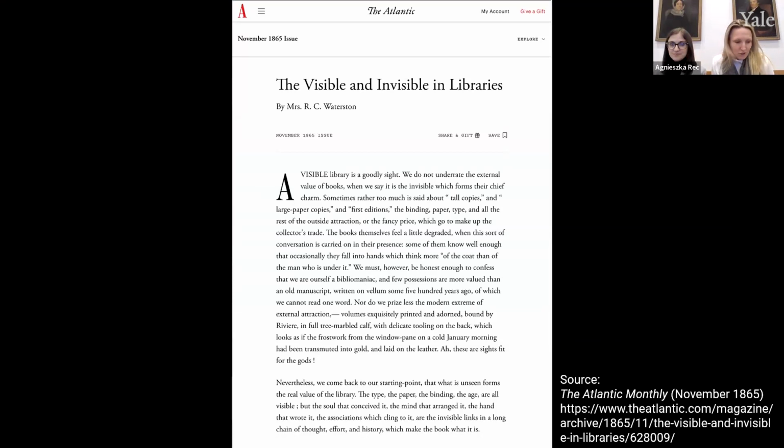In this essay, she professes herself a bibliomaniac. She extols the virtues of a number of specific libraries and of libraries in general, and she meditates on the theme of her title, which is the visible and invisible in libraries. And there's a particular sentiment here that she voices at the beginning of the essay that I want to call